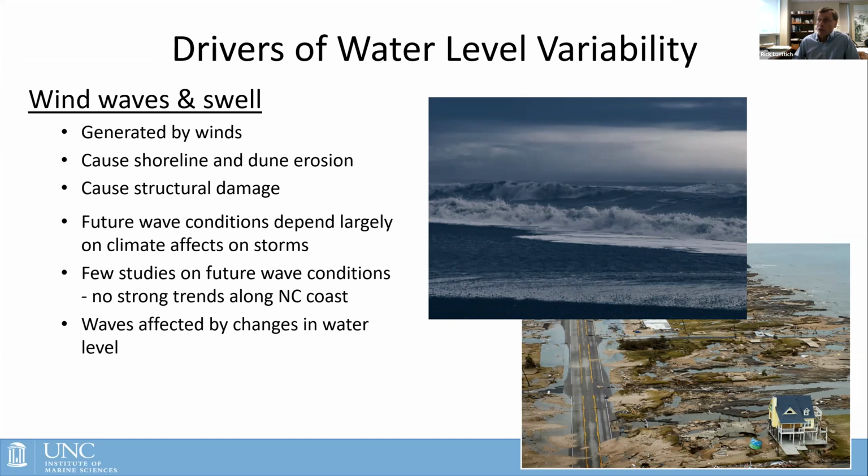As we look into the future and wonder what waves might look like, certainly they will depend on how the future climate affects the storms in the ocean that generate them. There really haven't been an awful lot of studies that look at how waves might be impacted in the future. The few that have been done follow along the general notion that storms may be stronger in the future, and thus globally wave power may be more than it is presently. If you look along the eastern seaboard of the US and particularly coastal North Carolina, it doesn't look like there are particularly strong trends. So maybe the good news is that what we have now may not be bad in terms of future planning. But